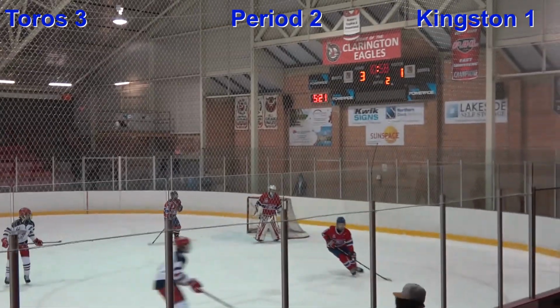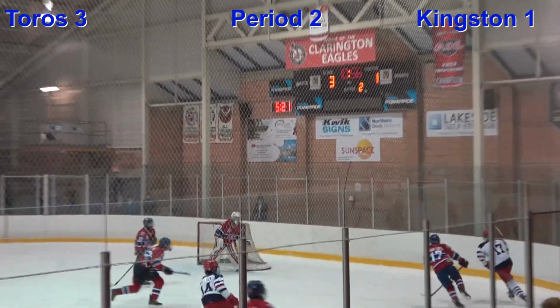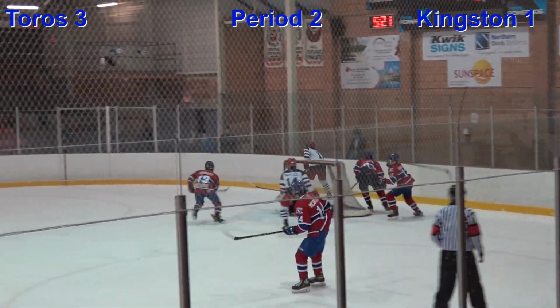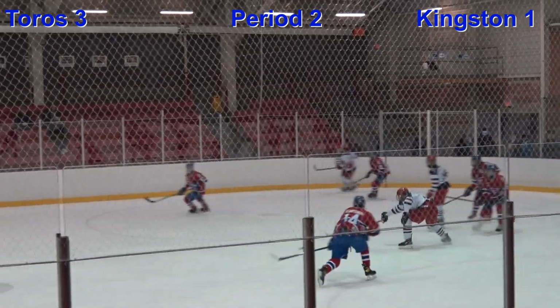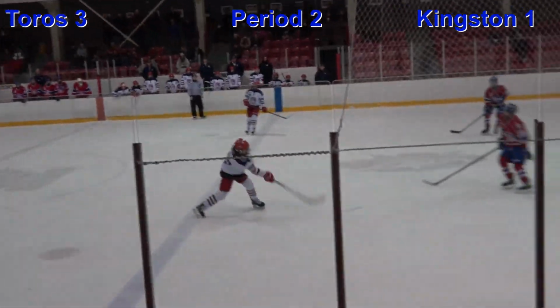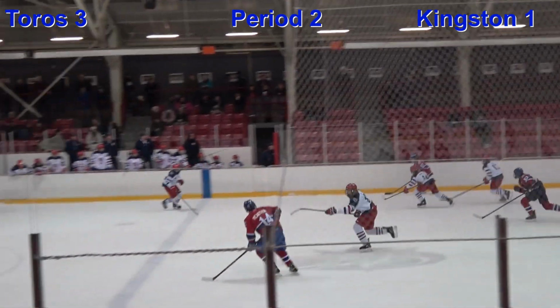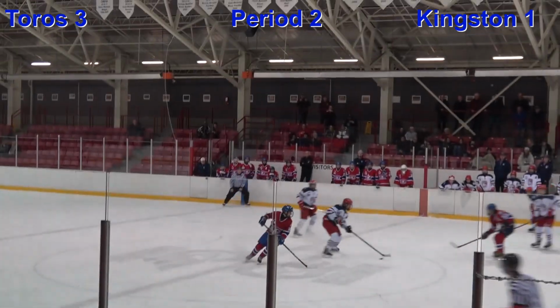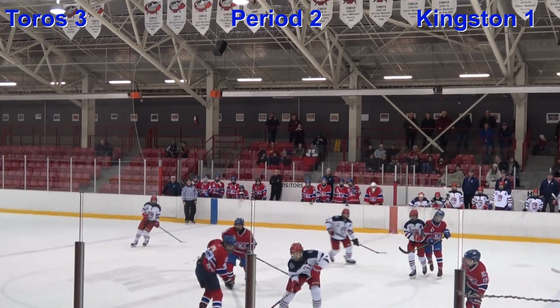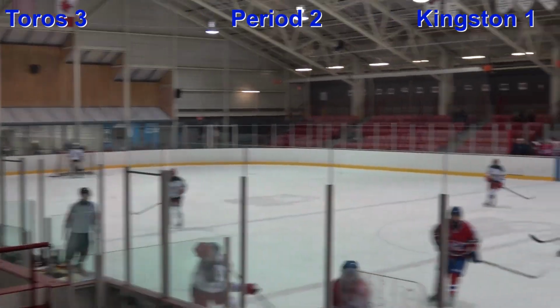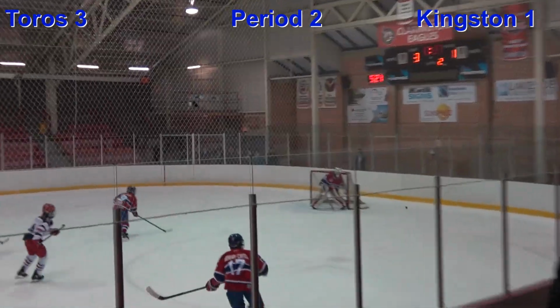It gets pushed off to the left corner. Good job here by Cliff. Cliff taking it in behind the goal now. Cliff with a pass. Got back here for Hill. Hill a shot, tipped, stopped by Pierce on the way through. And now Kingston get the opportunity to clear. Good read there from center. He'll tip this one deeper back in behind the net.